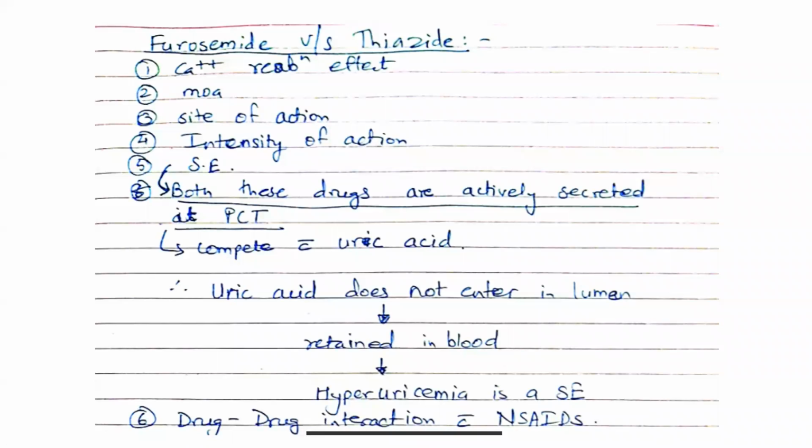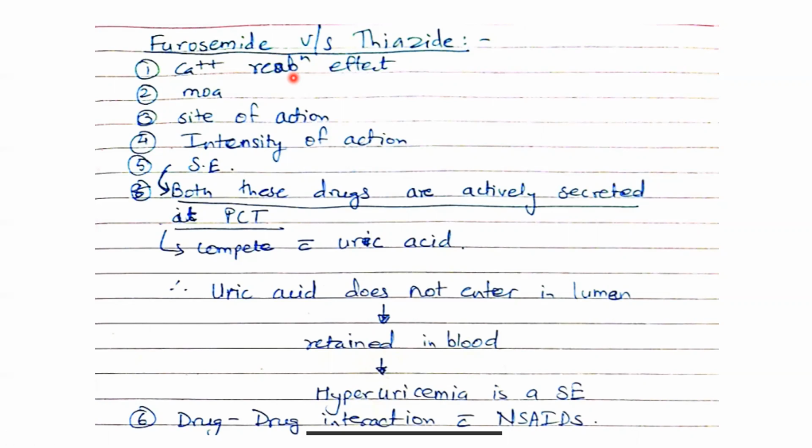Hello students. So till now we have learned acetazolamide, furosemide and thiazide. These are the three diuretics which work on the PCT (proximal convoluted tubule), the ascending limb of loop of Henle and the distal convoluted tubule respectively. While learning furosemide and thiazide, you must have come to know that we will be able to compare them on some basis. So first, can you recall what is the effect on calcium reabsorption of furosemide and thiazide?